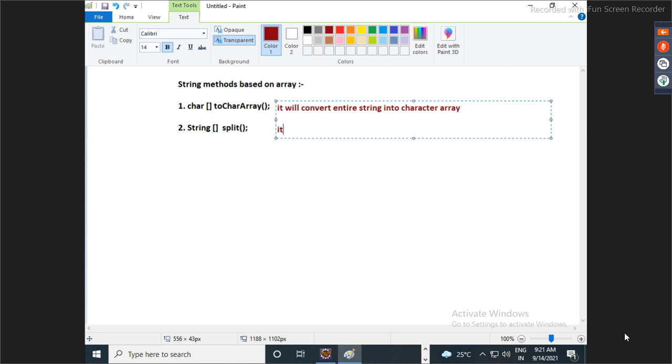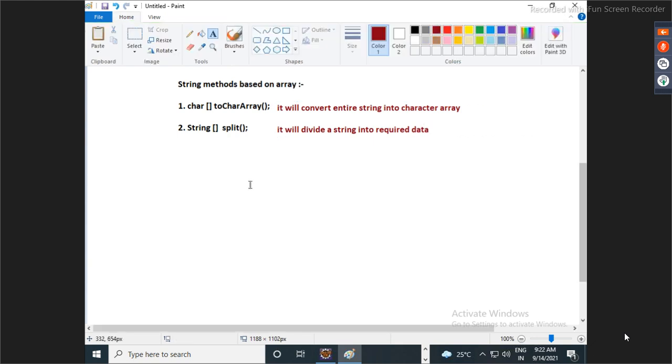And here this method, it will divide a string into required data. Okay. So these are definitions. How these two definitions are working, we will see.